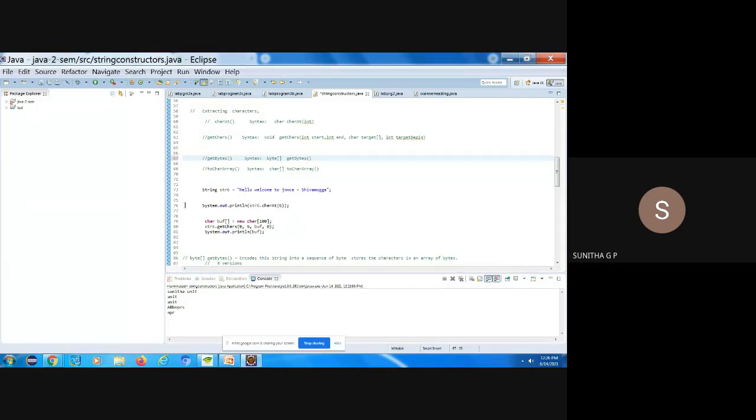For all of this we have to include try catch exceptions. Why? If I randomly give the length as 100, what will it do? It will not be able to extract any character. So that is why we have to put try catch. Anyhow, we have not done it since we are using this.